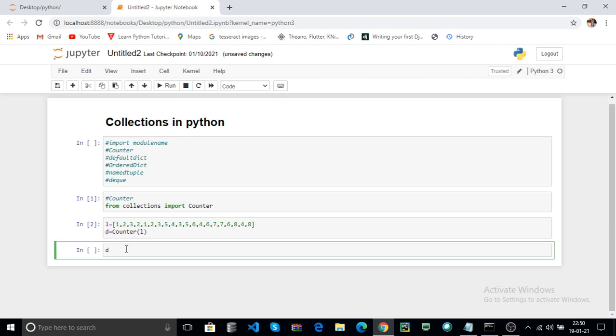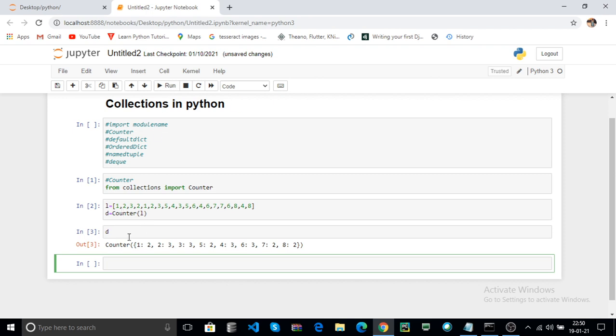Now what is the Counter? The Counter is a container that contains the item names as keys and their counts as values. Now print your Counter dictionary. Here the keys are item names.